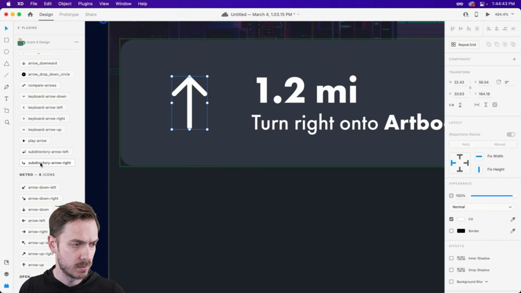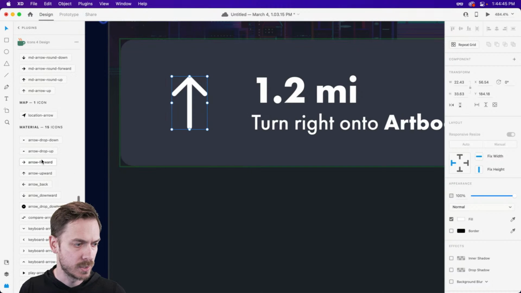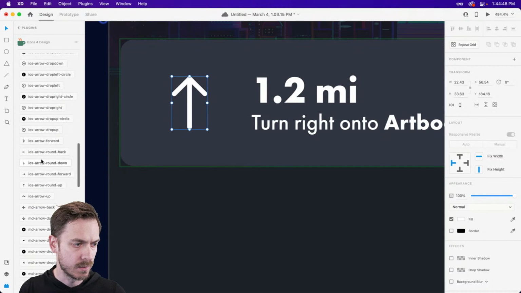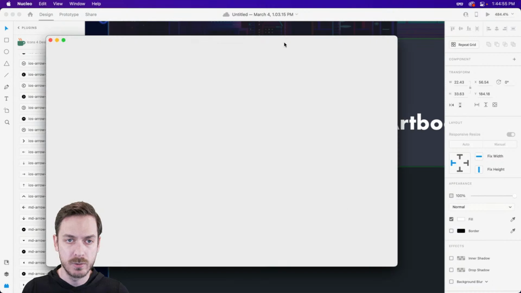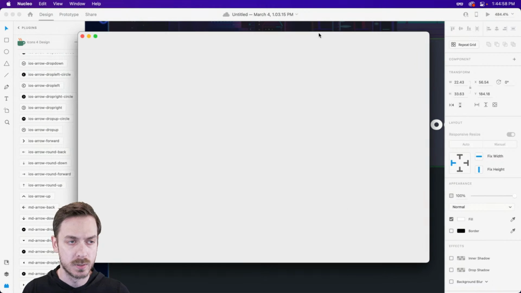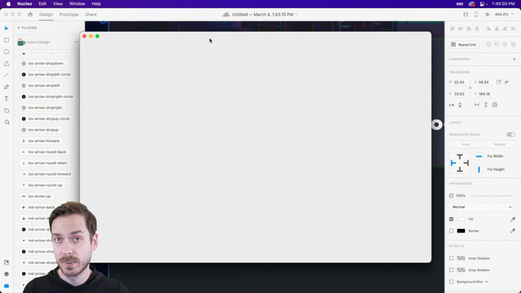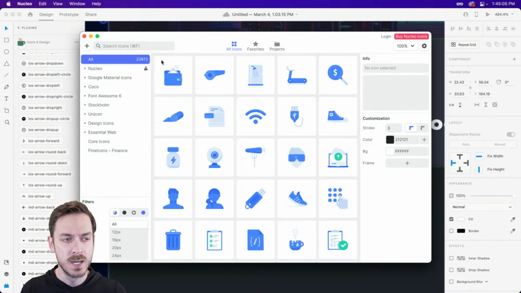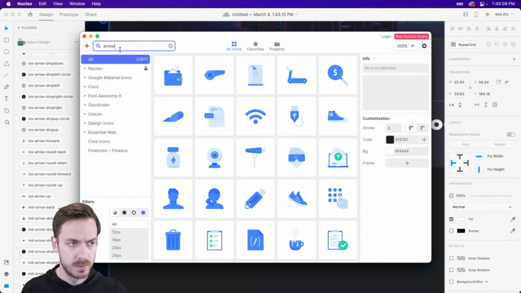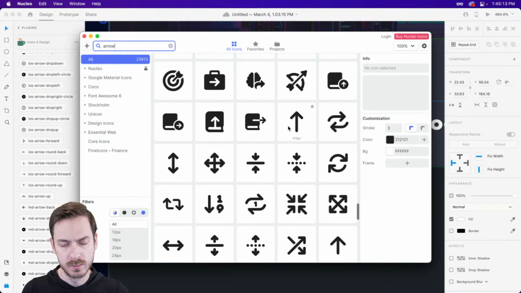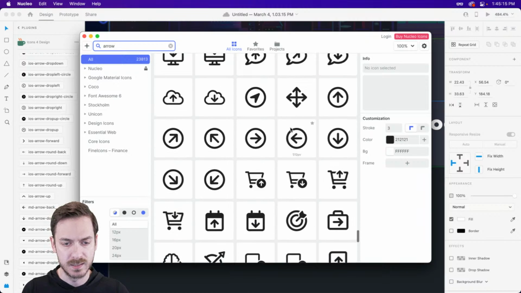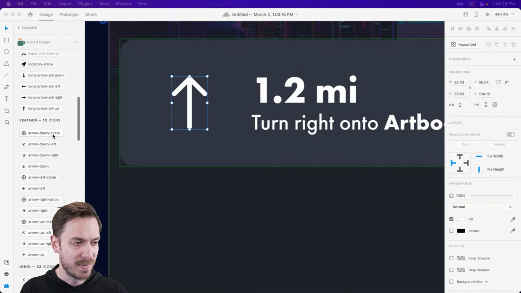Oh, we have this one here. I suppose that could work. Or we can just do a simple right arrow. Or you can also use an icon manager. So if you have icons on your computer that you've either licensed or purchased or downloaded, you can use something like Nucleo, which I use quite often, which has been taking a little bit longer to load lately, probably because I have so many icons in here. But I do have in here somewhere some arrows that kind of curve to the right. Too many arrows. All right, let's just go back to our,